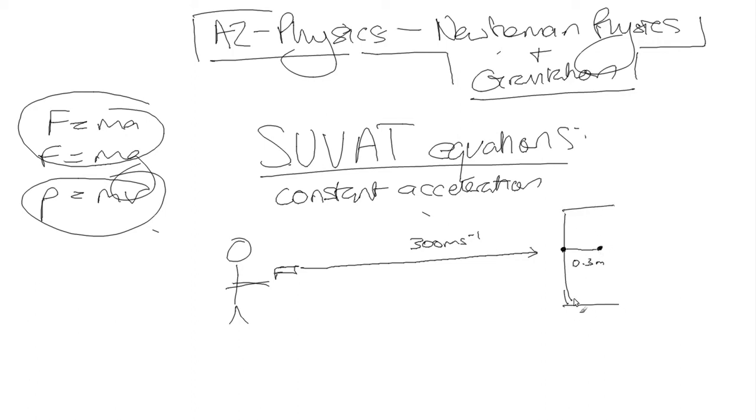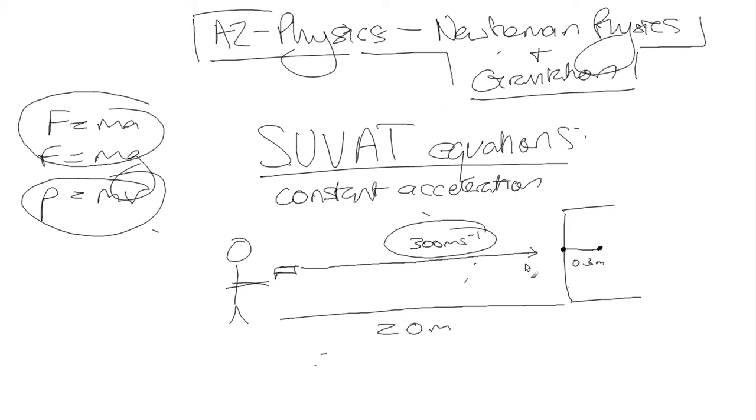If I give you that information, can you work out the time taken for it to come to a halt? Let's say that the person is 20 meters away, and that the speed stays constant for that duration of it firing 20 meters. How would you work out the time taken for it to come to a halt? Well, first we need to work out the time taken for it to move to the wall, which is just